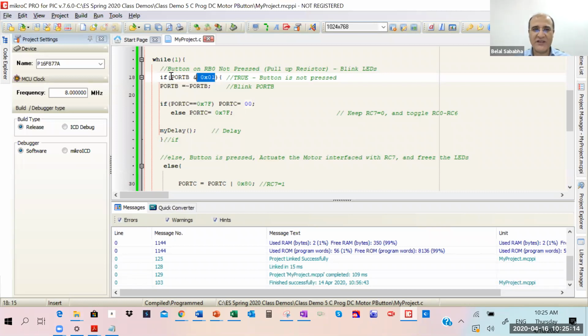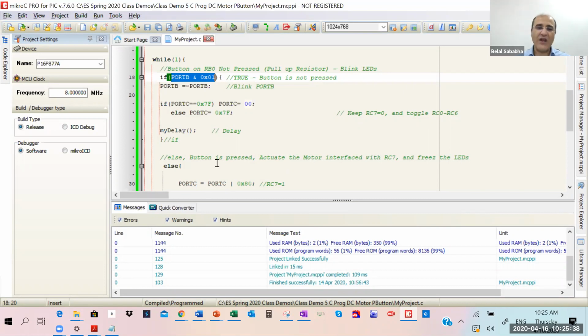So the result of the AND is going to be true or false depending on whether the button on port B0 is pressed or not. So here we're actually reading the push button. If the button is not pressed, do this. If it's pressed,